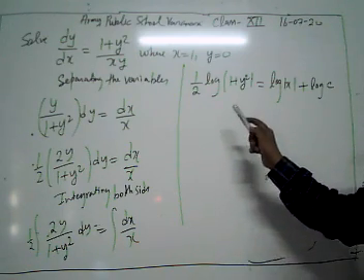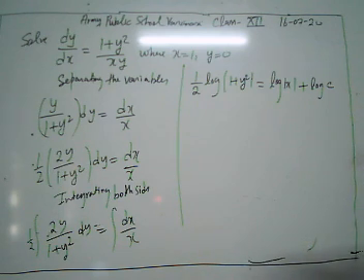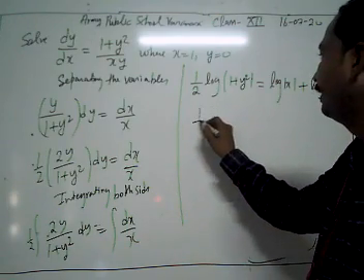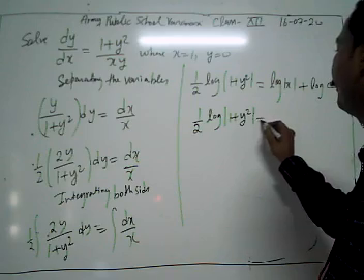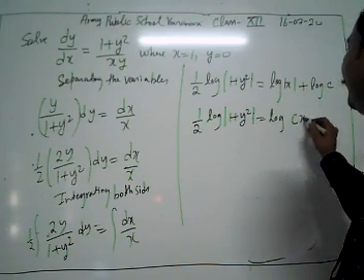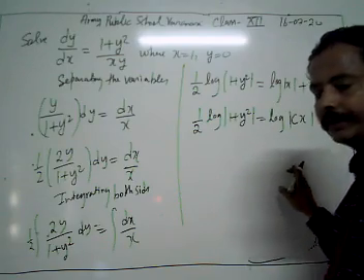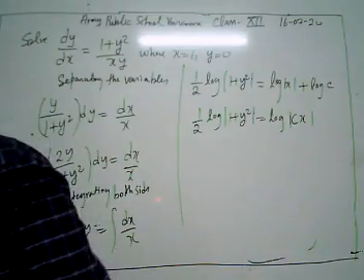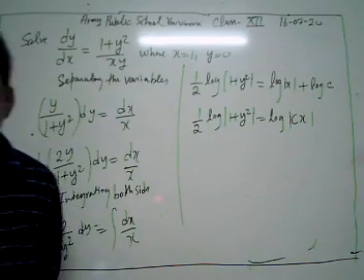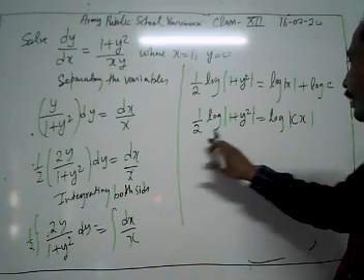Since both variables come with respect to logarithm, we are going to use our constant as log c. Now we can further solve it. It's 1 by 2 log of 1 plus y square equal to log of absolute cx, because log m plus log n can be written in the form of log m into n. Then it's log of cx.